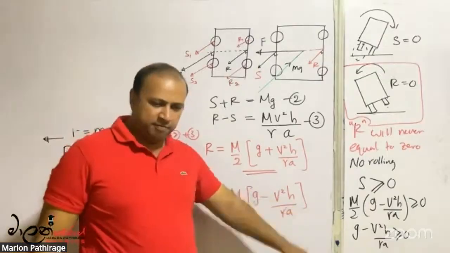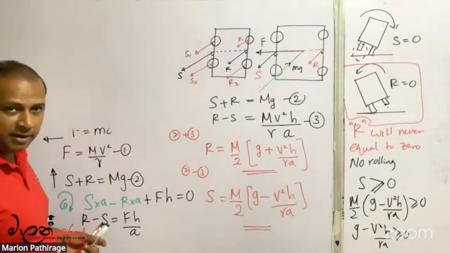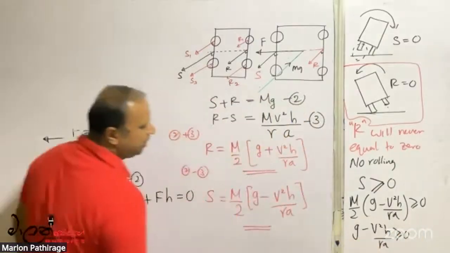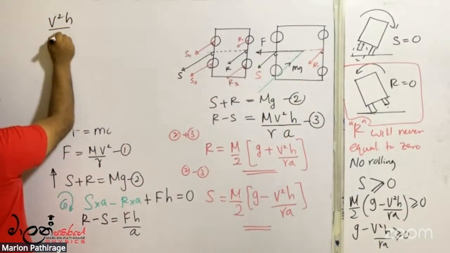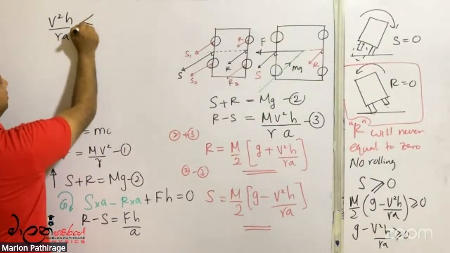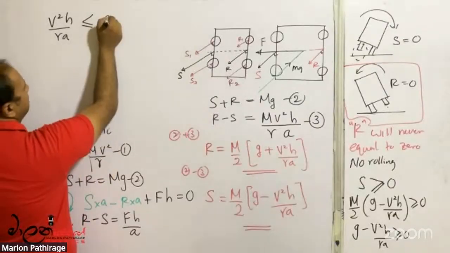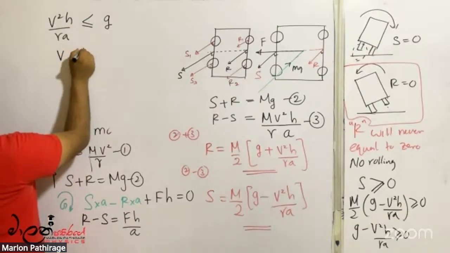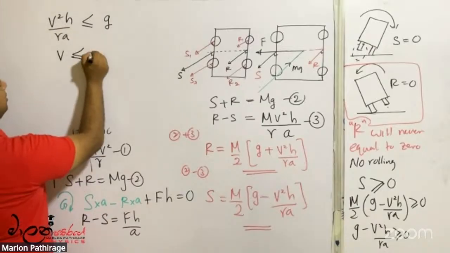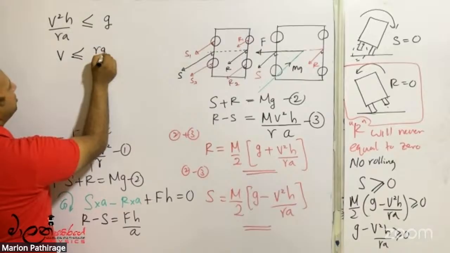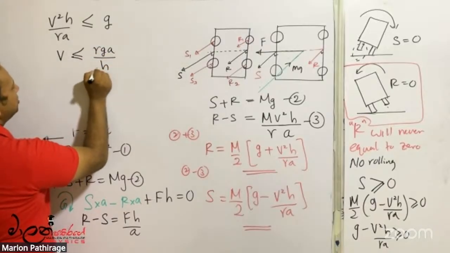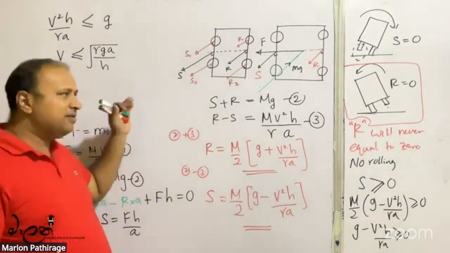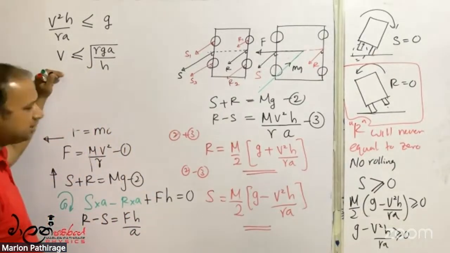So it is very clear G minus V square H over RA is higher than or equal to 0. That means if you take this term to the other side, V square H over RA is smaller than or equal to G. On the other hand, I can write this as V is smaller than or equal to the square root of RGA over H. Therefore, if the velocity is lesser than this value, then there is